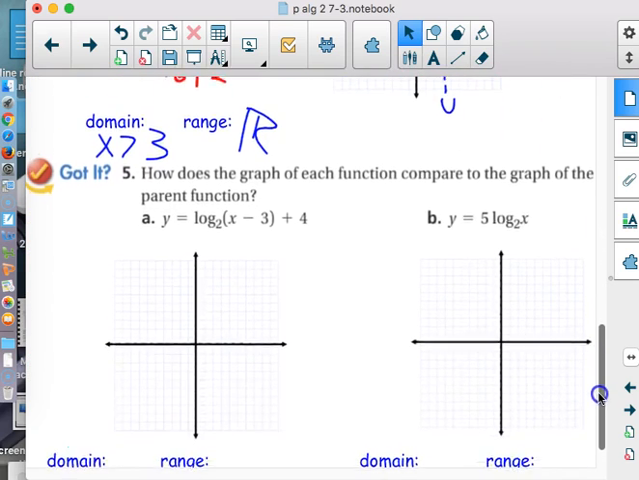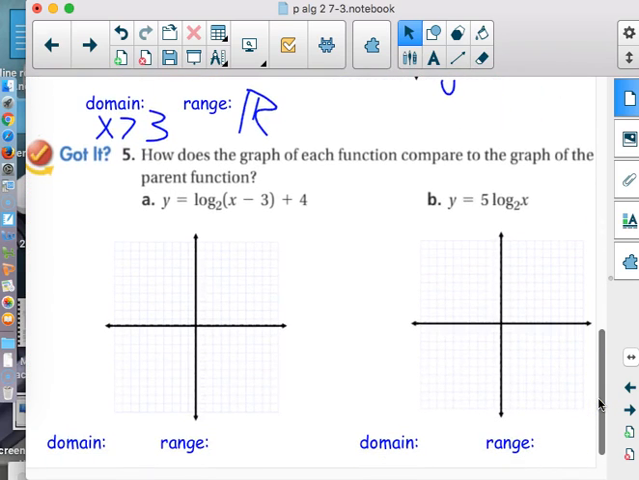So down here we have how does the graph of each function compare to the graph of the parent function. So first thing you're going to do with your partner is describe what's the translation that's taking place here. And then I want you to go ahead and go through the graphing and the domain and range, but please don't do B. B has a numerical. So go ahead and